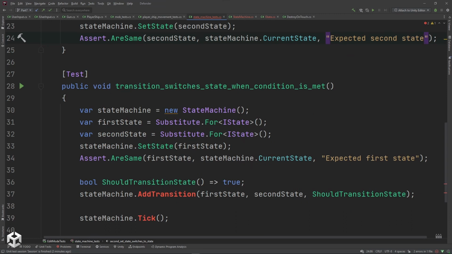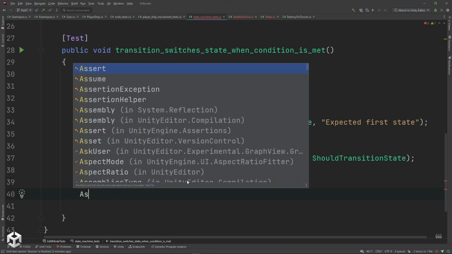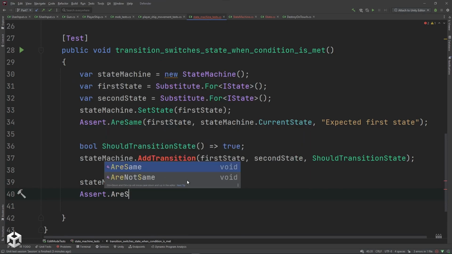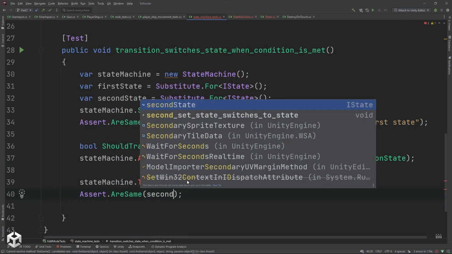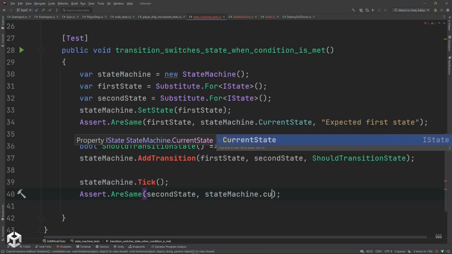We set this condition state, transition state, to be true. We're going to call add transition and add a transition from the first state to the second state if that condition is met. We're going to let that state machine process a tick. And then we're going to do an assertion to see if we are indeed on the second state. So assert our same second state, state machine dot current state,